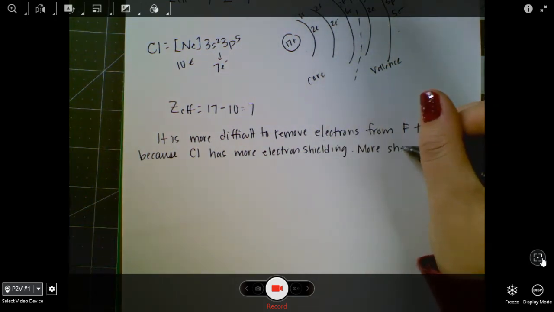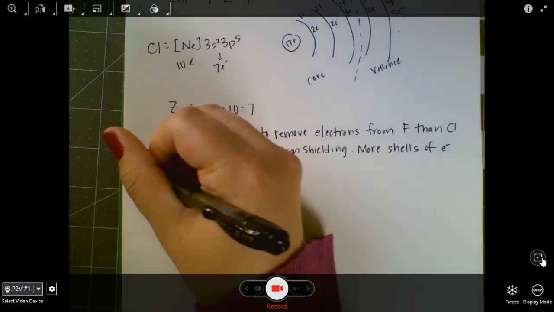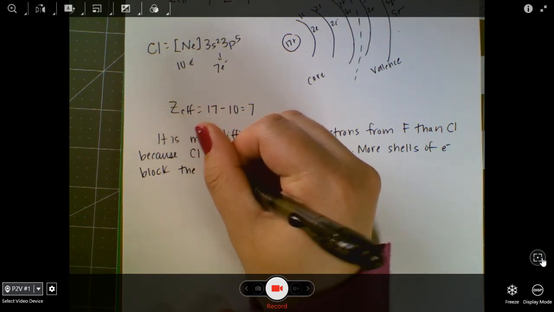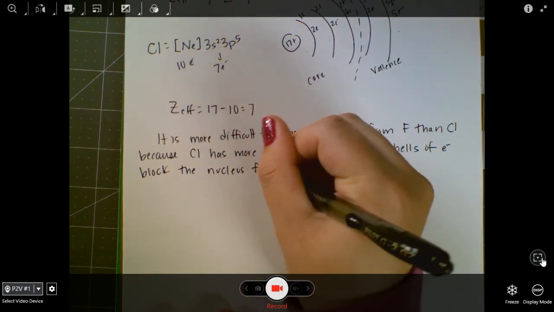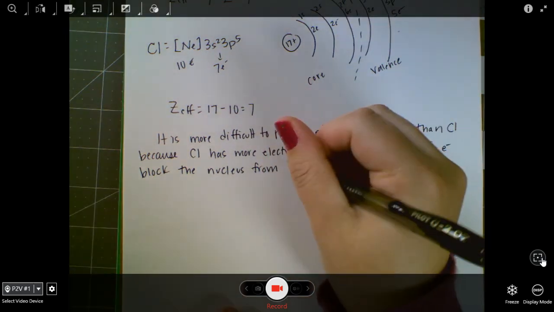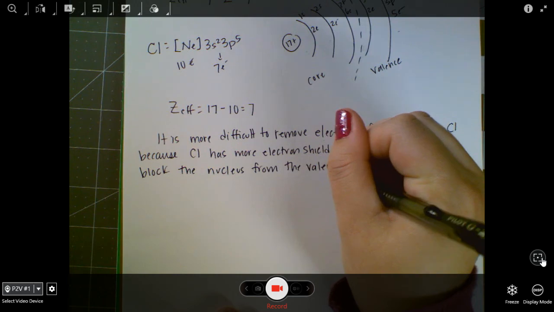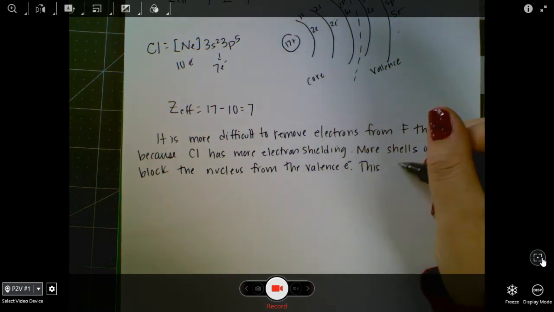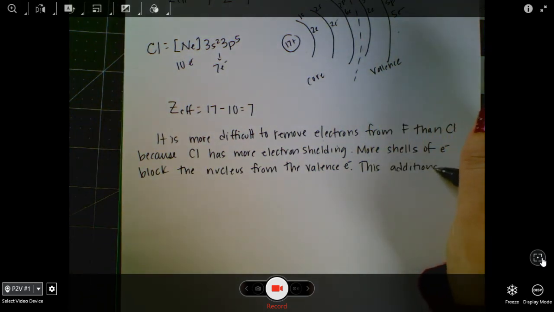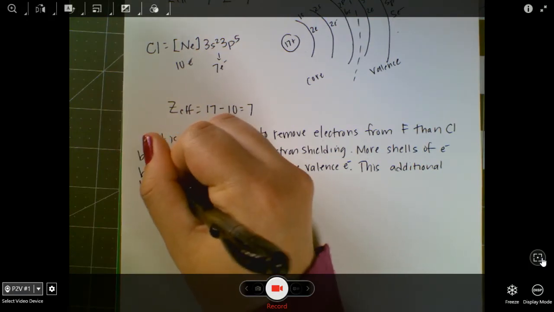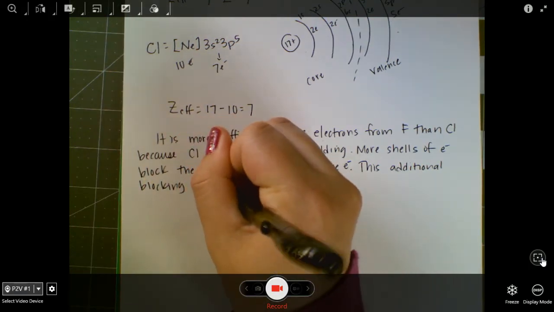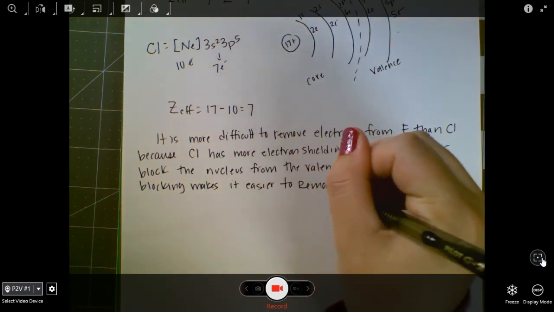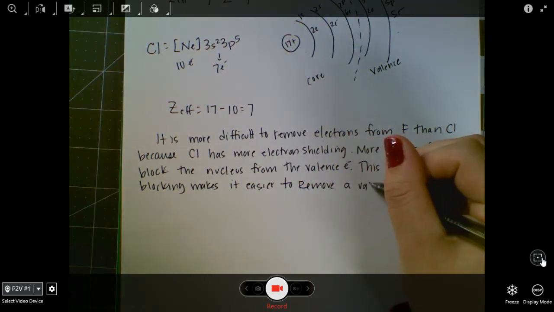More shells of electrons block the, let's say, the nucleus from the valence electrons. This additional blocking makes it easier to remove a valence electron